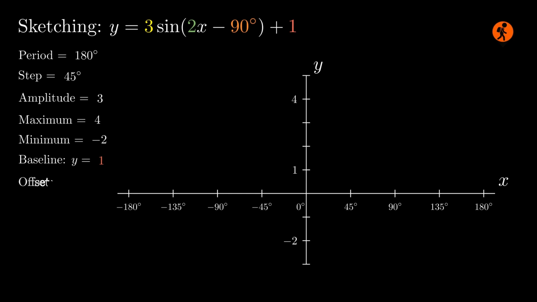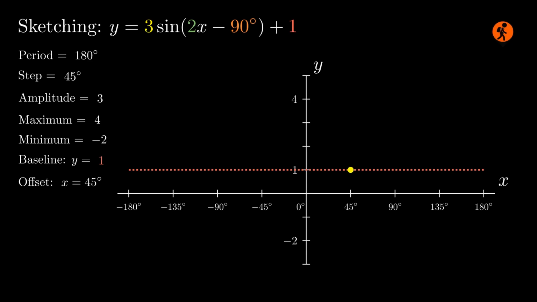Finally, to find our starting offset, we take the inside of the parenthesis, 2x minus 90 degrees, set it equal to 0, and solve. This tells us our starting point is at x equals 45 degrees. Let's draw our baseline at y equals 1. Because this is a positive sine graph, we place our first point at the offset of 45 degrees, right on